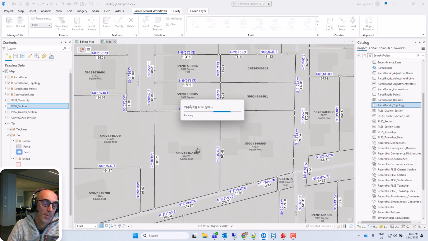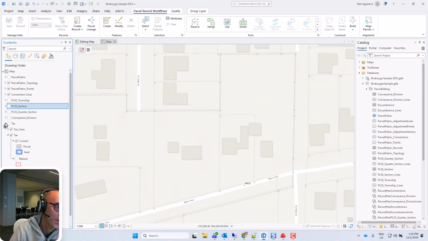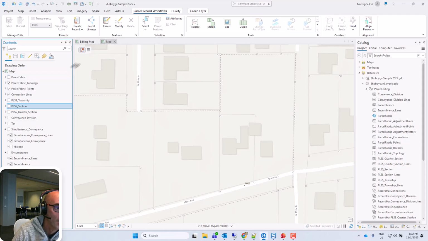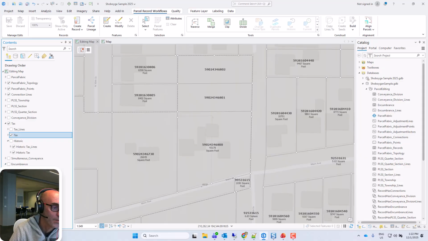So now I'm able to run the must not overlap rule only against the current parcels and not against the historic parcels, which are allowed to overlap, as you can have multiple historic features in the same location. Now, when not to use a subtype layer. So as you can see here, I'll go to the editing map, the original one. If you go to, let's say, the encumbrance type,